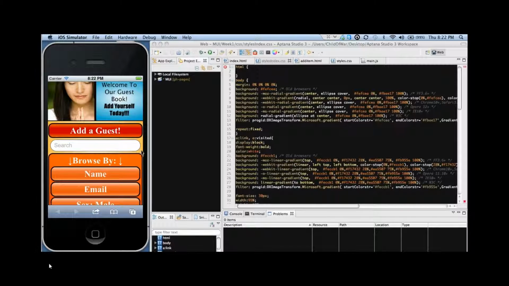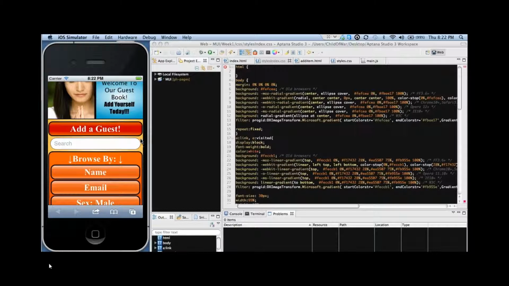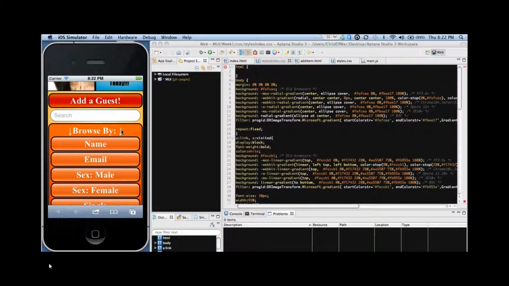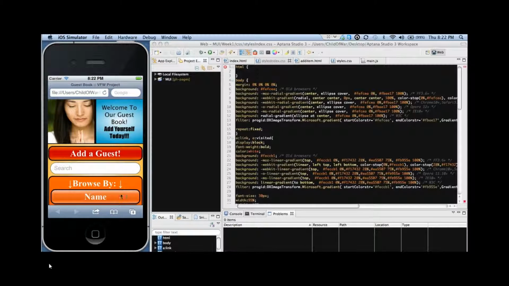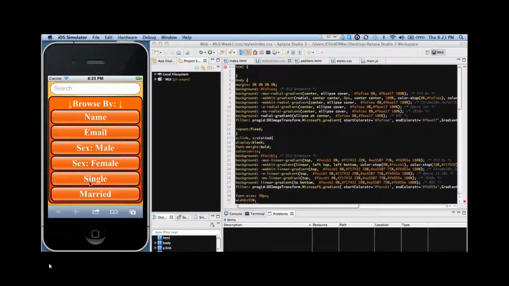I picked a yellow background with a gradient on it because it's a very light color, and again it's very calming. So I decided for the browse button here, because obviously you can't see, I mean you can barely see the top of the next button, but I wanted them to know that there's more down, so that's why I have the arrows there. And then I added a border all the way around all the buttons